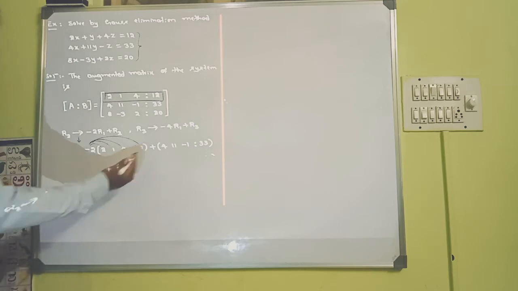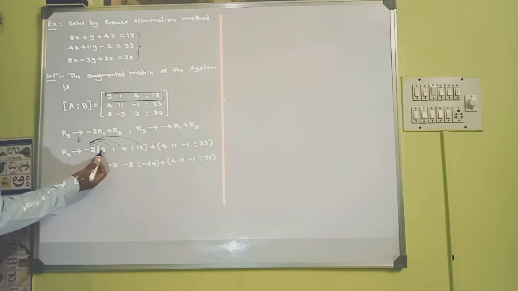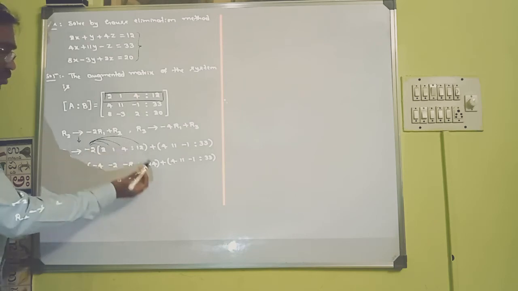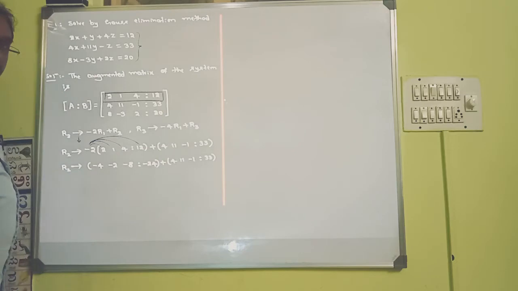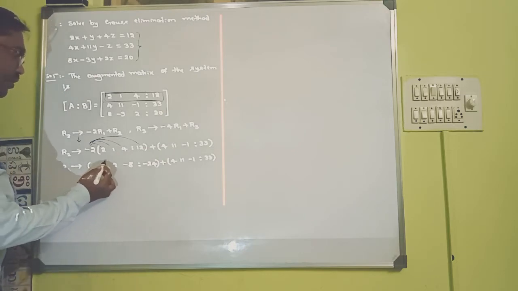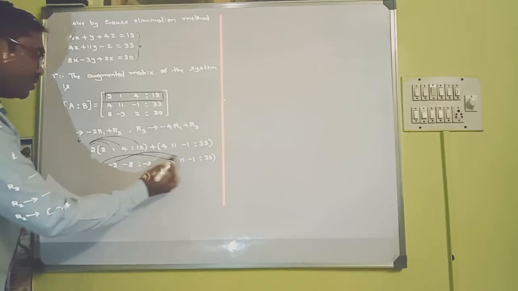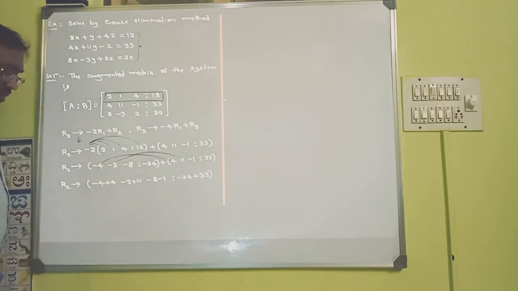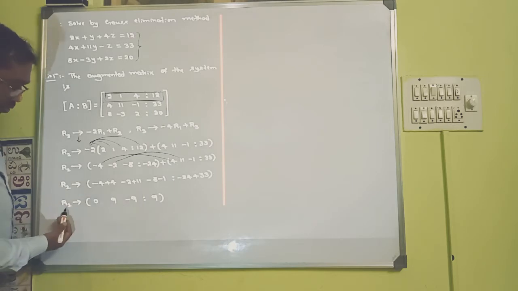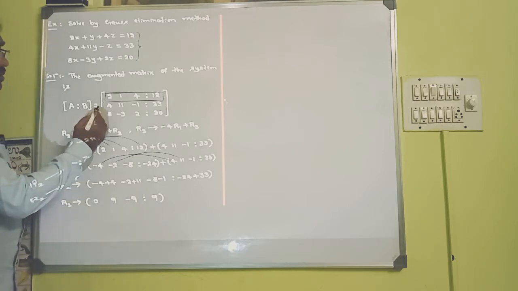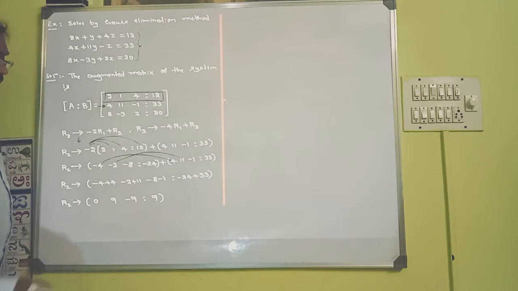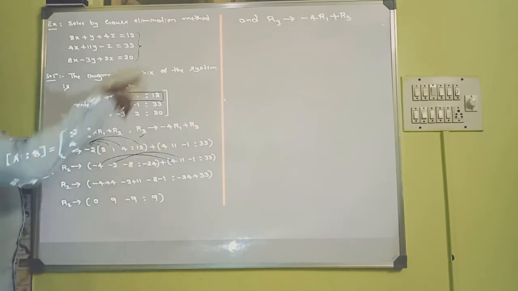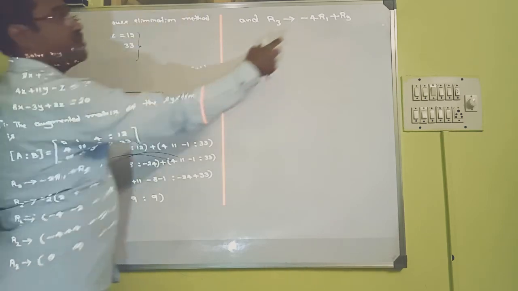If you multiply throughout, minus 2 into 2, minus 4, minus 2, minus 8, minus 24, plus this row. Now let us add the corresponding elements. If you add the corresponding elements, you get this. Then simplification will give you new R2, which has to be replaced in this place. Now let us find out what is new R3 now. New R3 is equal to, I have taken this as it is here.